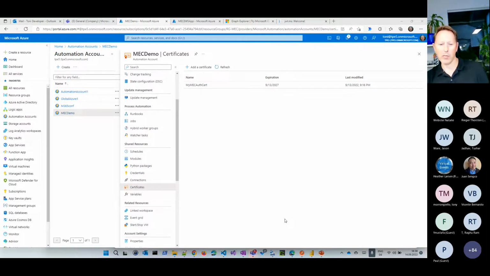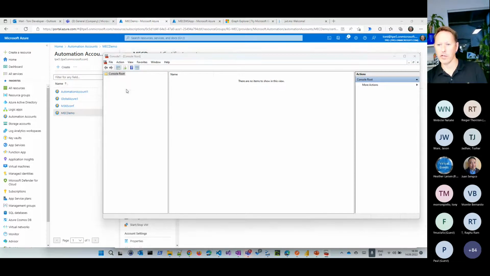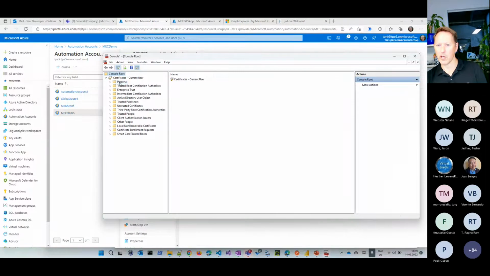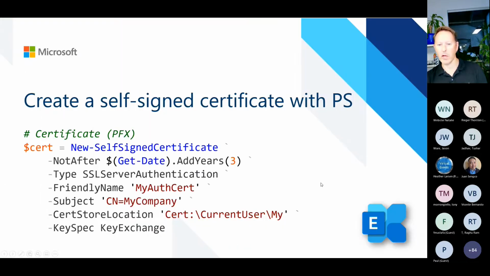So I'm using my management console and I'm using PowerShell, so which opens here. I can go here and add the certificate snap-in for my user account. And I can use PowerShell, and I created a new certificate in here, which is this one here, my Mac auth cert. And you can do this very easily with this PowerShell script. I don't do that right now, but this is the code where I can simply run this and say, I create a new self-signed certificate, which is valid for 3 years, 5 years, give it a name and say, please store it in my current user, my store.